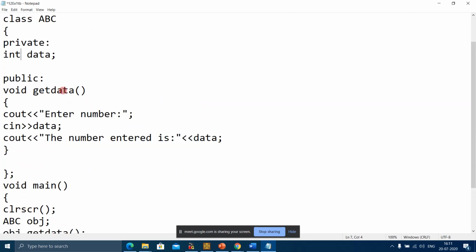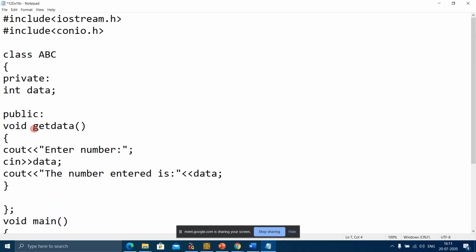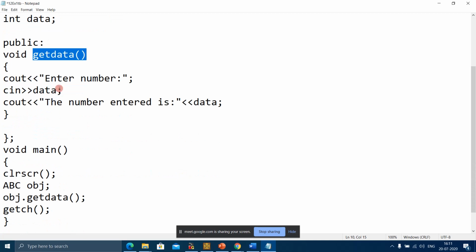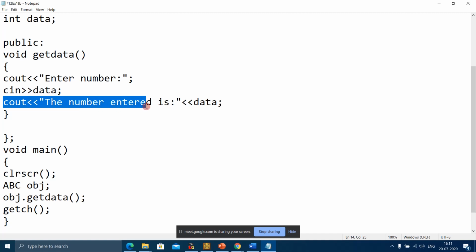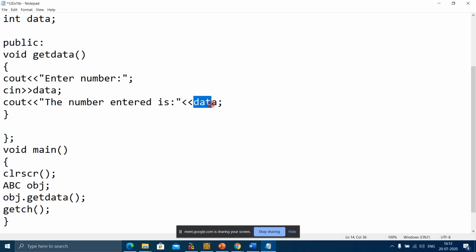So here, what is happening? Get data function. What is this function going to do? It's going to print "enter number". It will take input for the variable data, which is an integer value, and this statement is going to print "the number entered is" and the value of variable data.